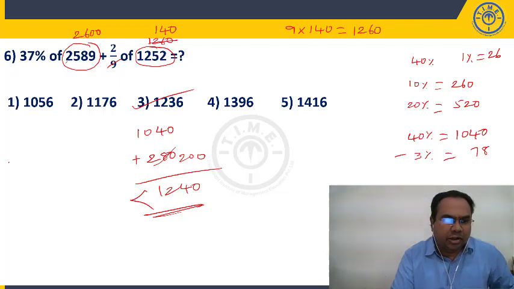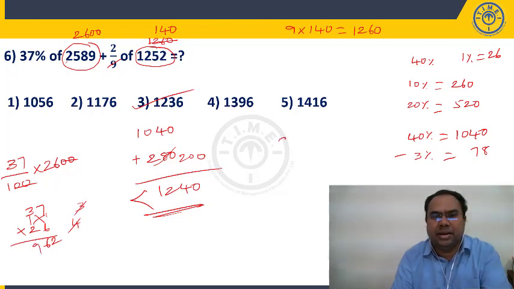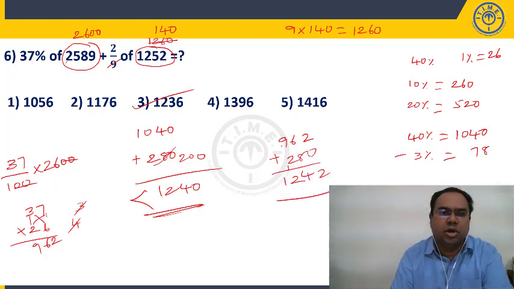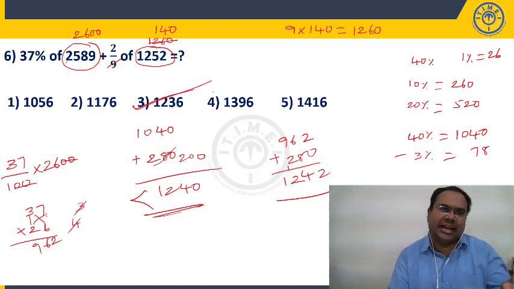This point is clear. Now 37% can also be done like this. 37% of 2600 you are taking, you cancel 0 0. It will be 37 into 26. You know 2-digit multiplication, students, right? Rightmost digit 7 6s are 42, we will multiply, then cross multiply. 18 plus 14, 32. 32 plus 4 is 36. So 3 carry forward. 3 2s are 6. 6 plus 3, 9. So it can be 962 exactly, plus we have 280. So 42, it will be 1242, another 5 or 6 less than this. So my answer should be slightly less than this, it will be 1236, exactly 37 into 26.